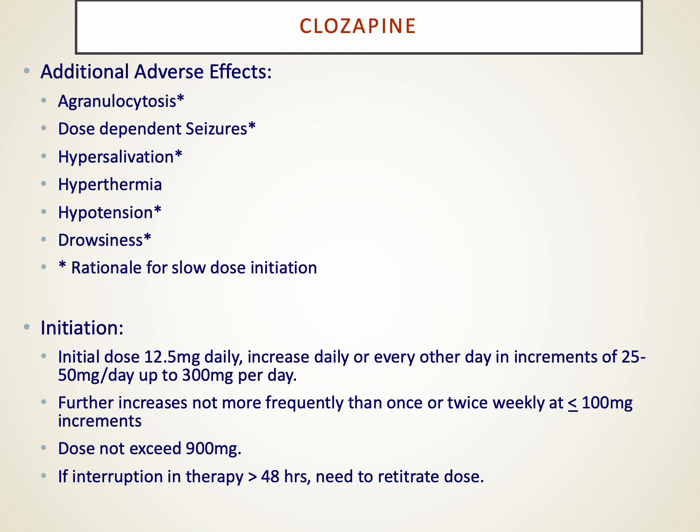And so because of these dose-related adverse effects and the side effect profile, clozapine is a drug that we typically have to start initially at a very low dose and work our way up in increments of dosing until we get to the therapeutic dose, which for most patients is around 300 milligrams a day. And so that may take weeks for us to get there. And then we are careful about anybody who has missed more than 48 hours of their clozapine because we have to then retitrate them again because we're worried about these side effects.